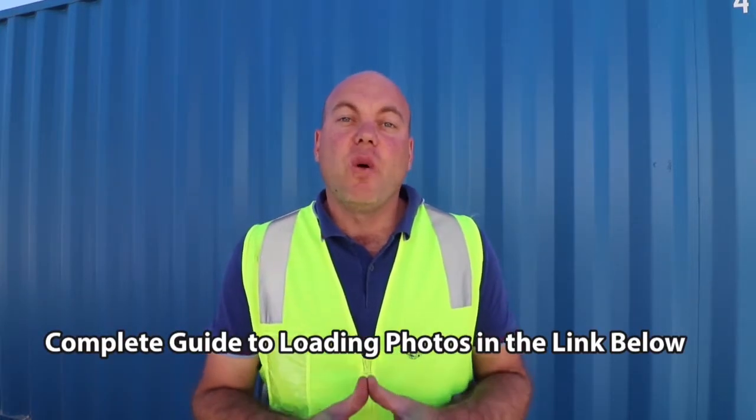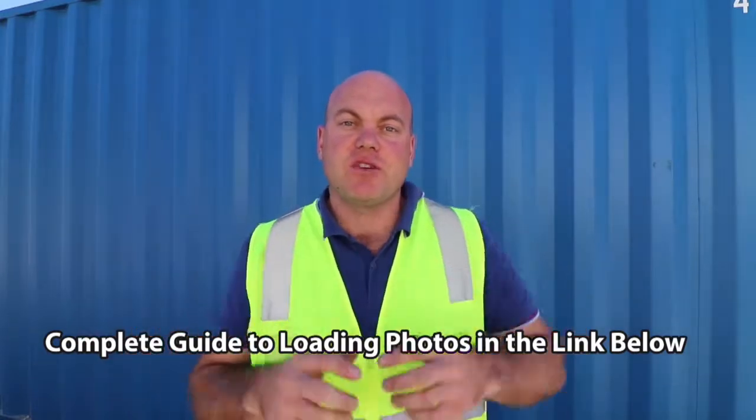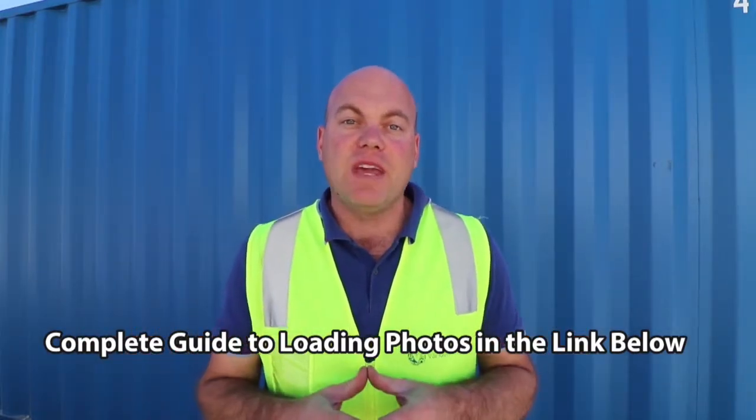Now this container's loaded and it's ready to go to port for export, and we really hope our guide to loading photos is going to help your business. As always, in the link in the comments section below, there'll be an opportunity to have a recap and download